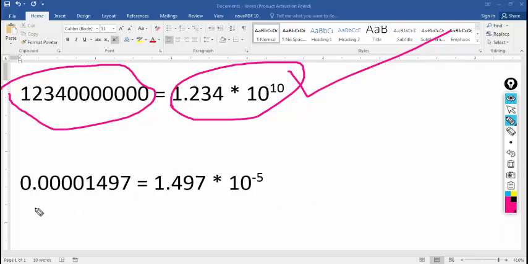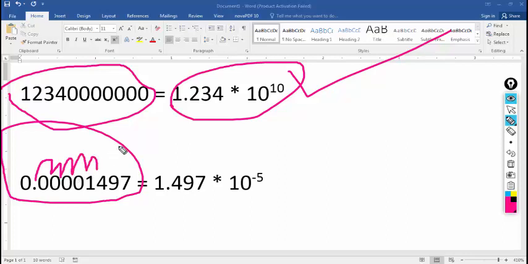In the second example, this is the number and we want to write it in the scientific notation. That means what? In this case we have to move the decimal point how many times? Let's count it. 1, 2, 3, 4, 5. We have moved the decimal point 5 times towards the right. So the number is 1.497. And since we cannot change the value of the number, we have multiplied it by 10 to the power